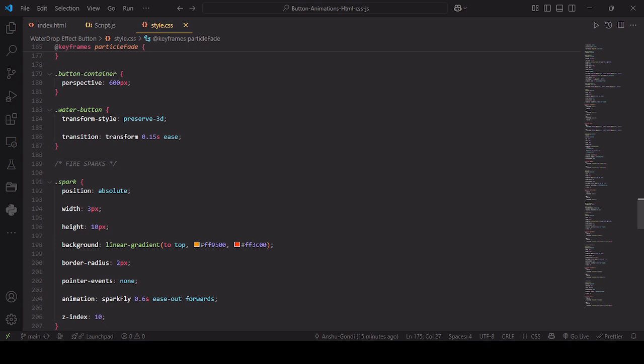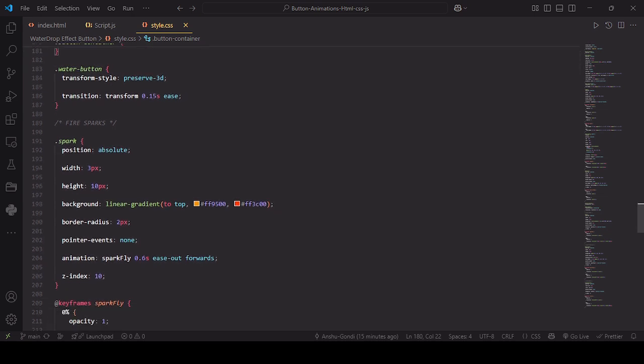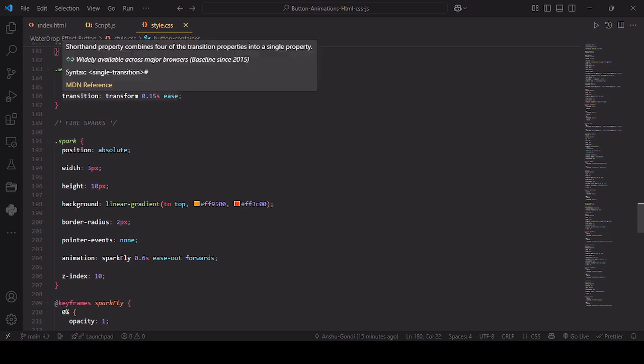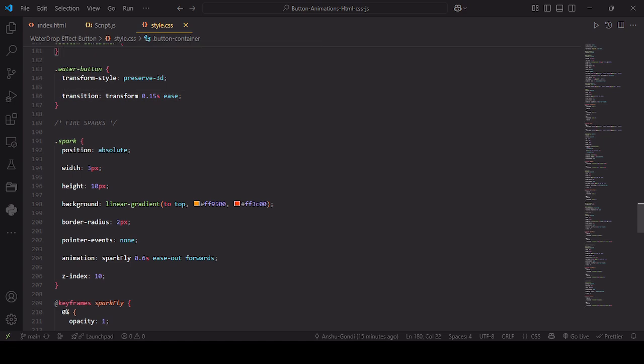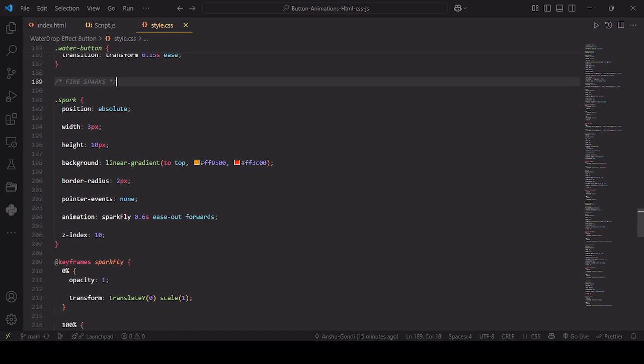Then we have defined the button container perspective as 600 pixel, then the water button transform style as preserve 3D and translation transform animation 0.015 seconds in the ease animation. Then we go to our